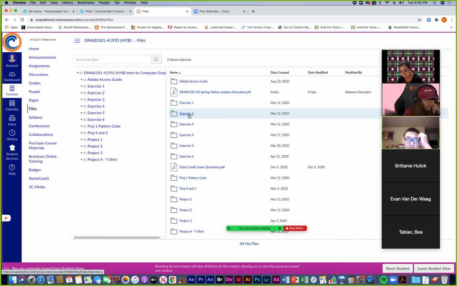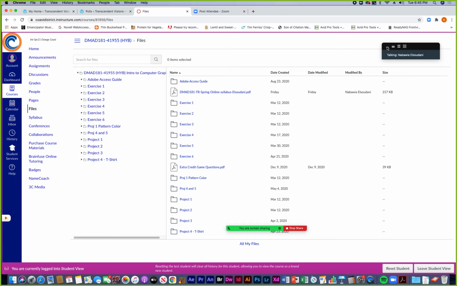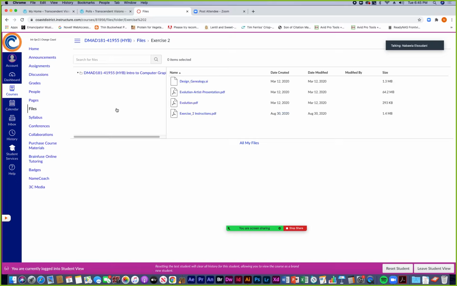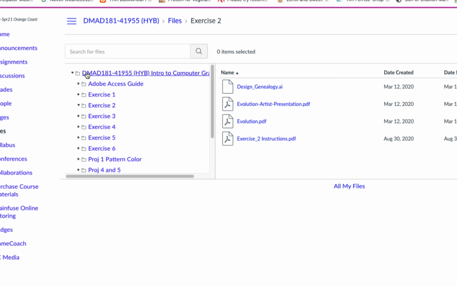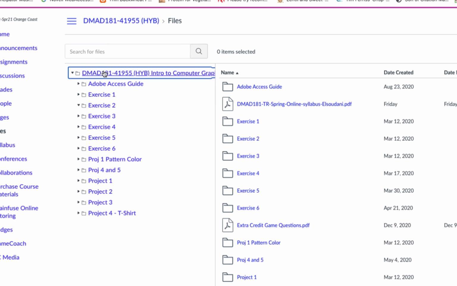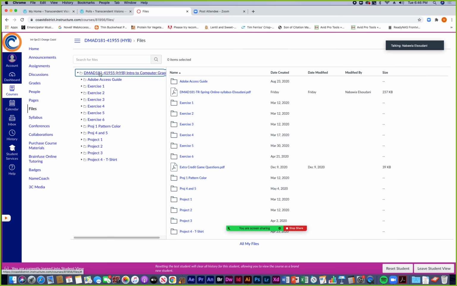Because we did exercise 1 last week. Now this week you're going to be assigned exercise 2. So you can hover over, whoops, I clicked on it, and then you can see what's inside of it. But if you accidentally click on it like I did, you can click back on in the left column the folder for our entire class, for all the class materials. Then go back over to exercise 2, hover over it, don't click on it,